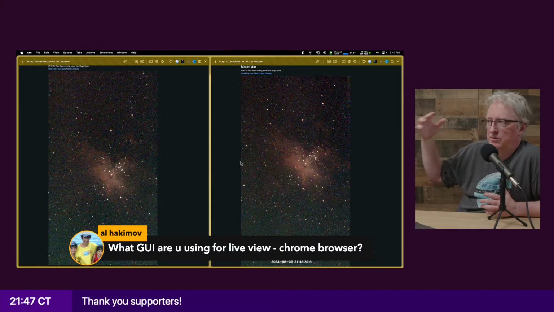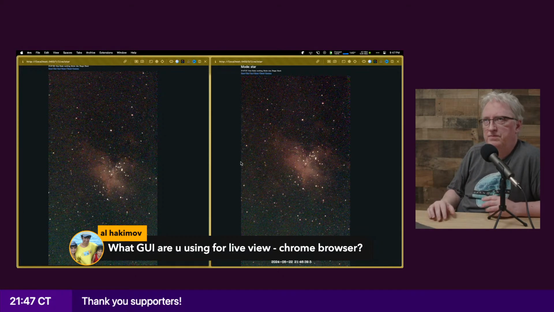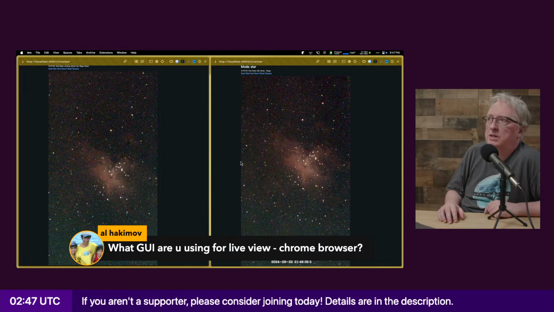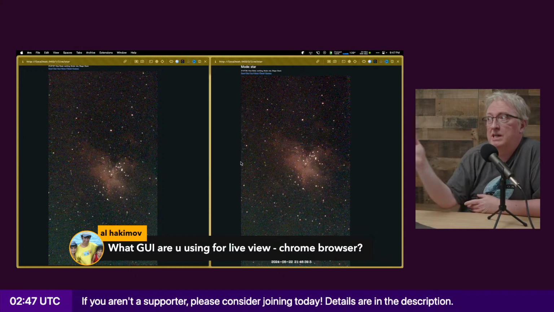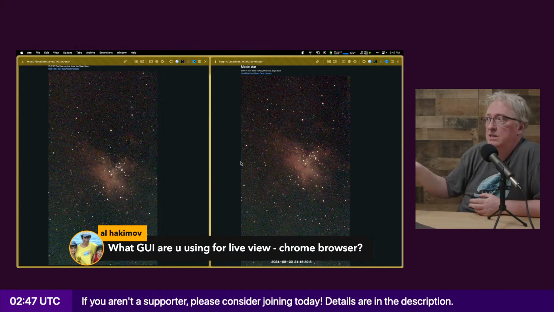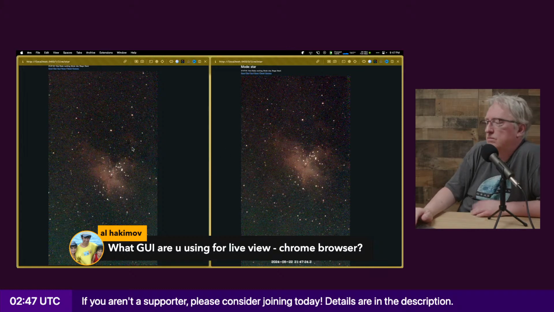It has things called spaces; Chrome's added some new features that help manage a lot of browser tabs. But anyway, one of the things I use a lot is this split screen, where I can have two different web pages within one window. So I have Telescope 1 and 2.